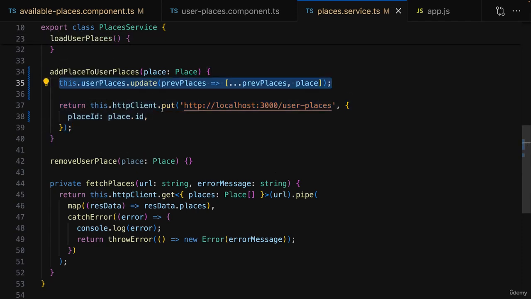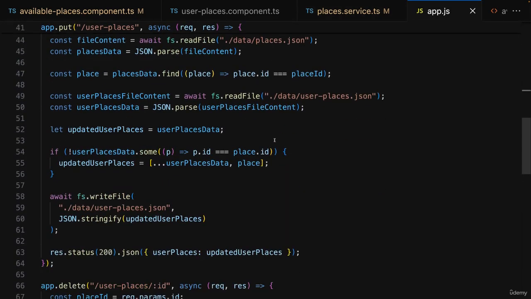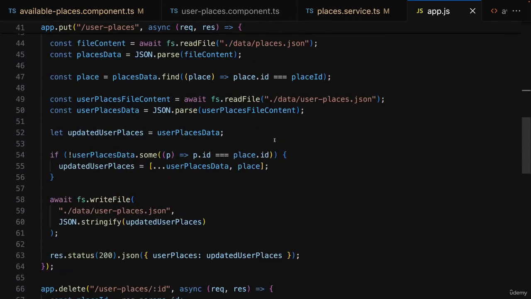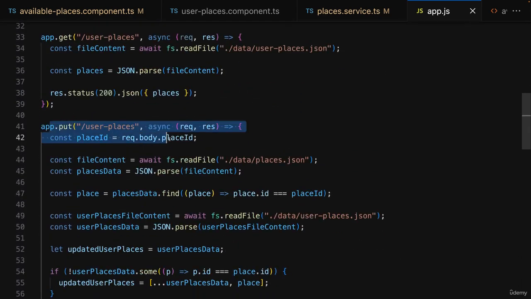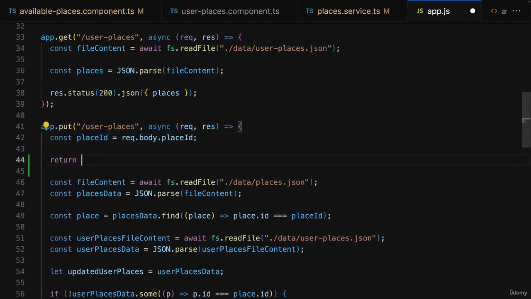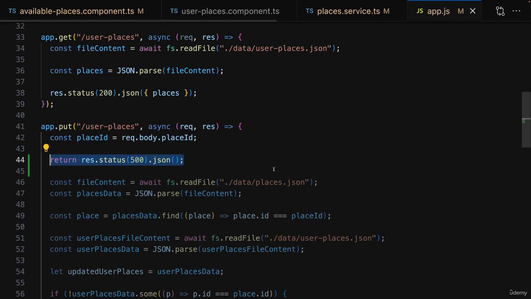Now, what we're doing here in add place to user places is in the end something you could call optimistic updating. Because in the end, I'm updating my user places before this put request here was sent, and before I even know whether it worked or not. And as a consequence, if we go to the backend code and there to the put route here, if I were to return an error here to simulate that something goes wrong on this backend, if I were to do that here on the backend,